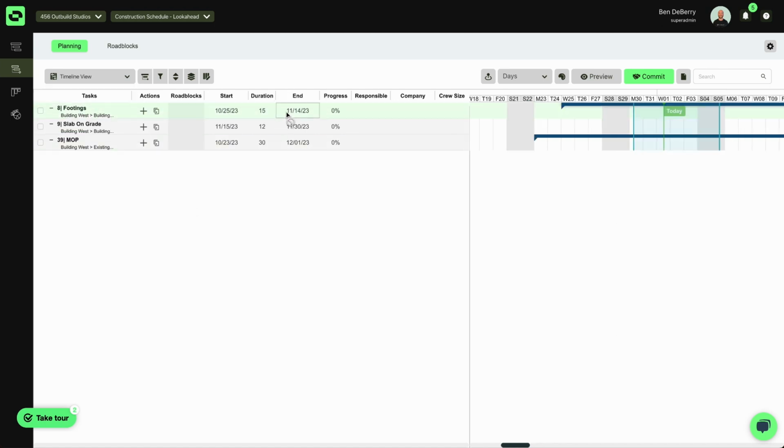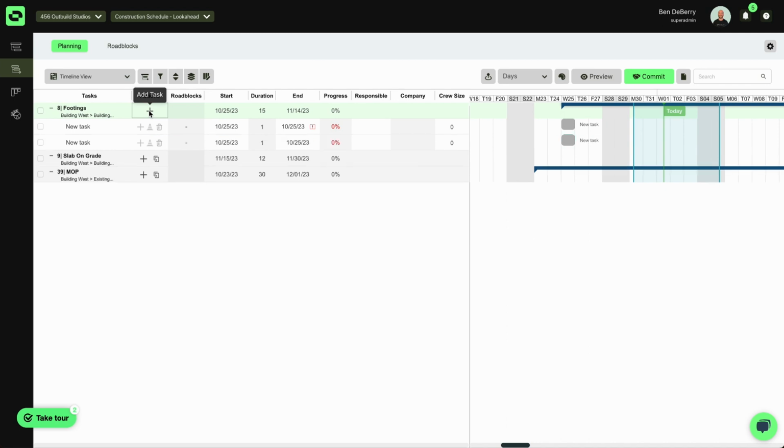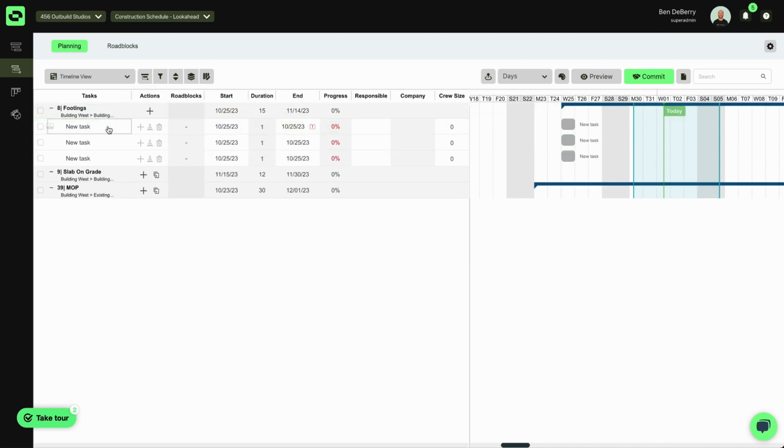So I can't change my start or my end date. I can't change my durations, but I can add a level of detail here. So when it comes to my footings, I can start working on my layout. Then I can do my install area 1 and install area 2. From here, I can put in a duration,